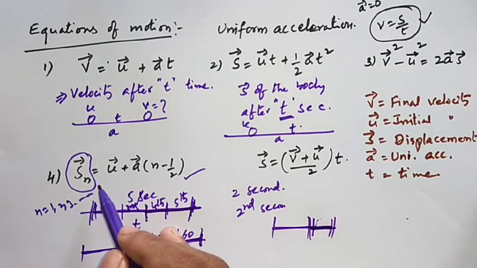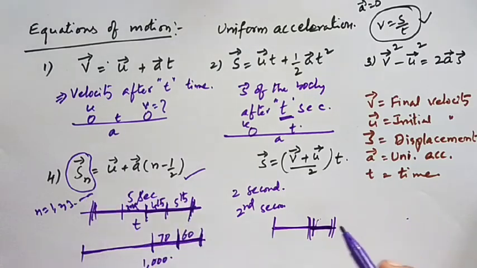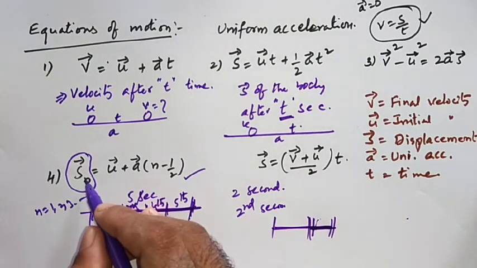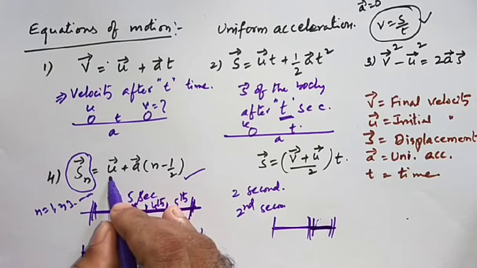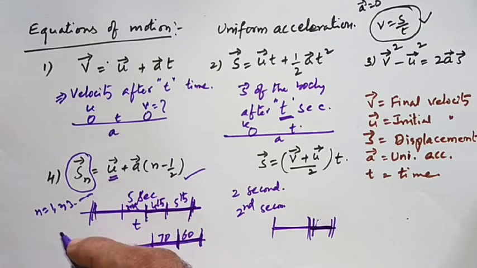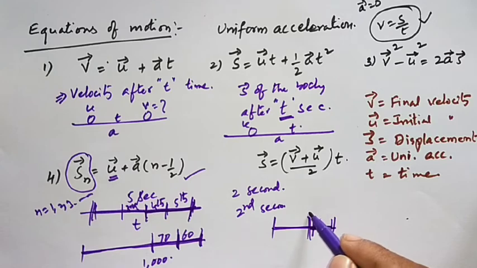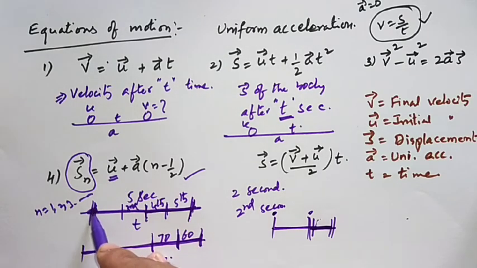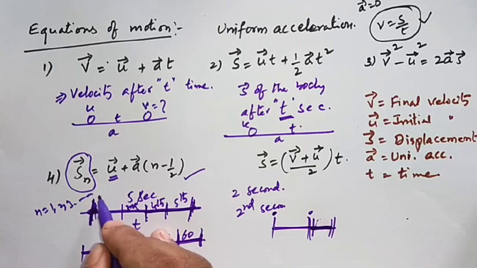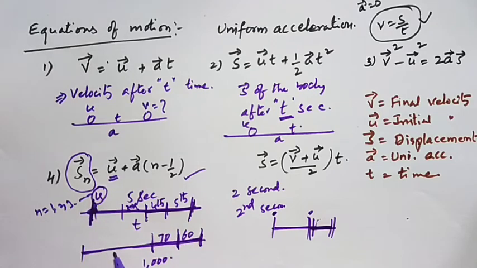That is the formula we use to calculate the distance traveled by the body in a particular second, that is the nth second. Sn is equal to u. What is this u? Initial velocity. Where should we take it, before starting the second or the initial position? This u is the initial velocity, at the starting point where you are starting your observation. If I want to calculate the 4th second, should I take the initial velocity here? No. The initial velocity is of the body at the start of where you are observing.